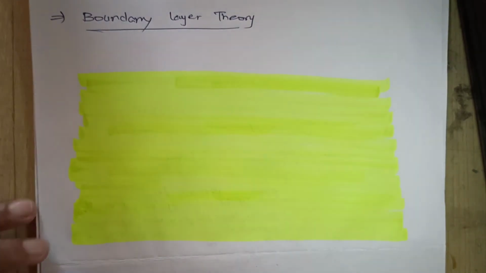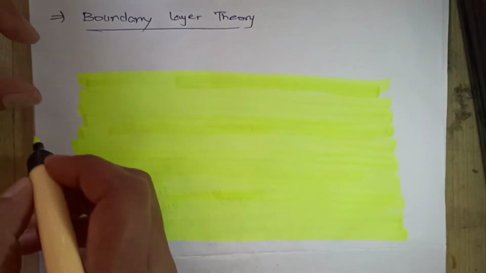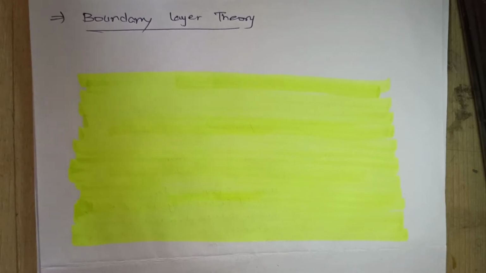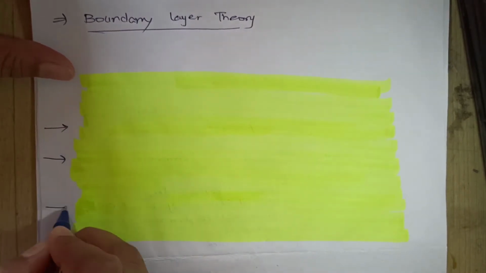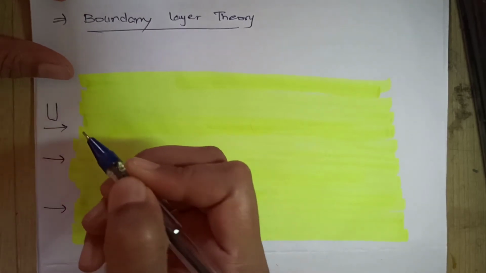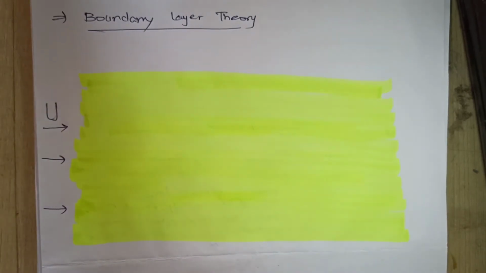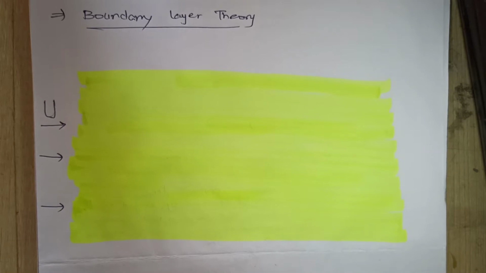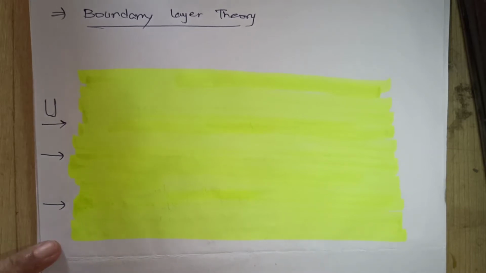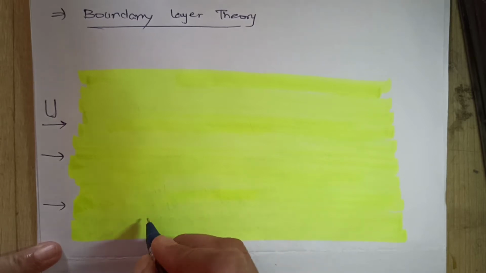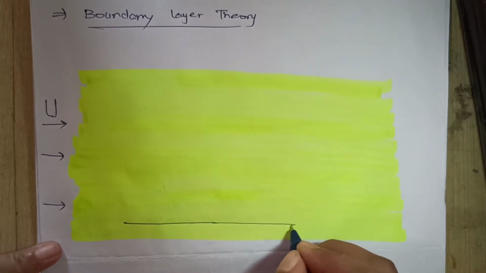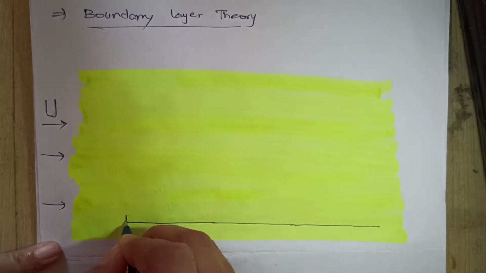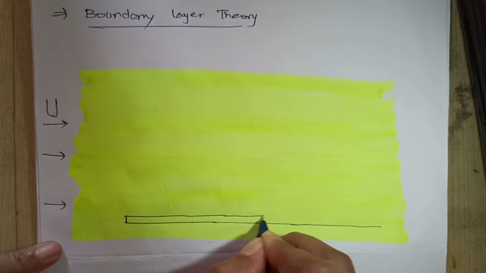So this is an existing flow in direction left to right with velocity capital U, maximum velocity capital U. Now this flow is happening for a certain period, and then suddenly you insert or introduce a parallel horizontal plate